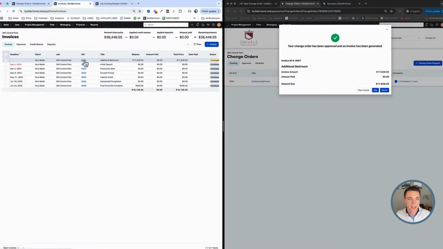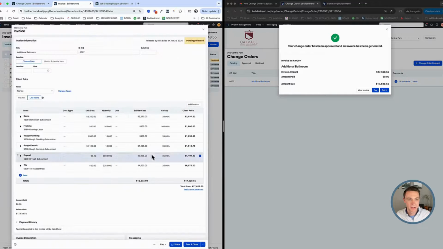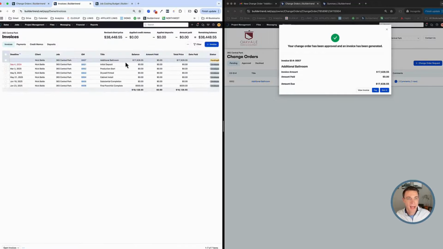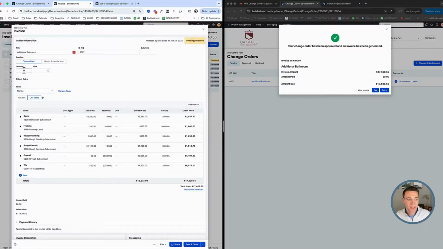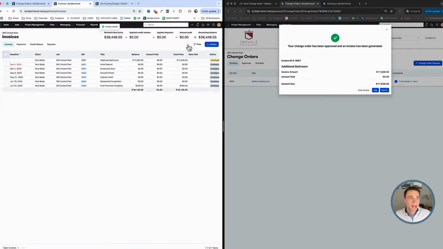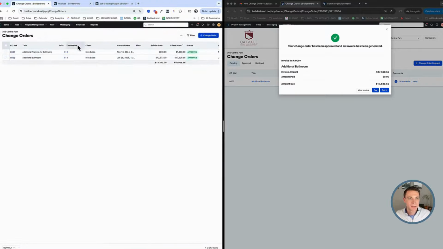Now, I could adjust this and say like, all right, that whole thing, I could put percentages to that, but let's just pretend it's going to be paid in full. Now it's sitting out there as an invoice. Dates have not been added to it. I would have to add those dates, and I can do that. Let's make that date right there. Okay. All right, so there are some other actions I'm going to take, but before we do that,